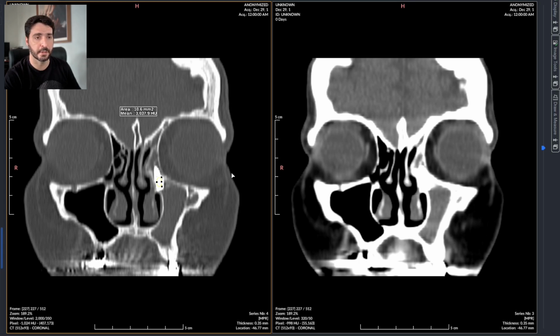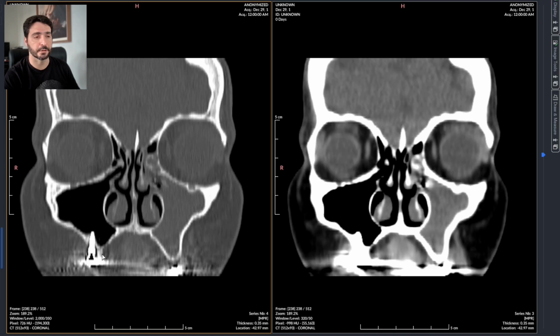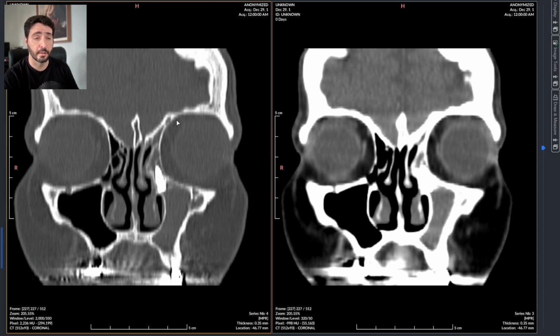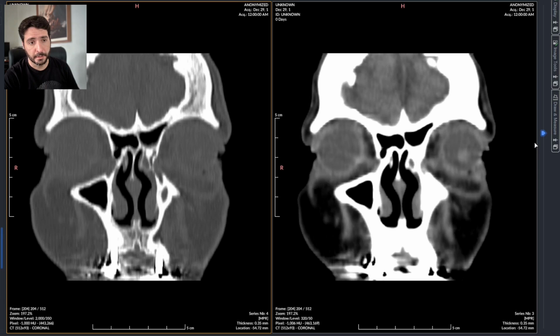This is obviously metallic, and if you look right here, this is exactly the same morphology and attenuation. So this is a teeth implant, the base of a teeth implant, a screw, the anchor point of a teeth implant that was dislodged from